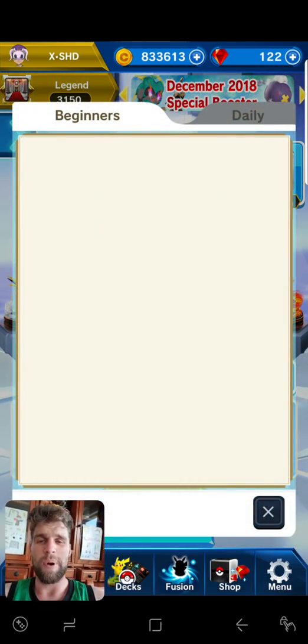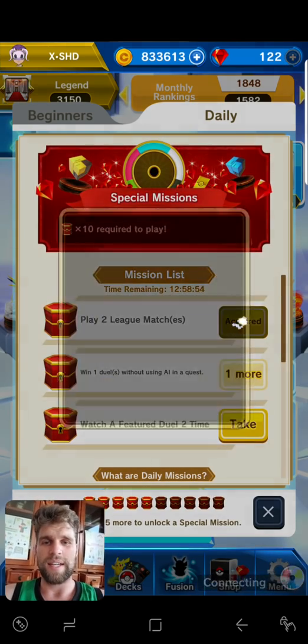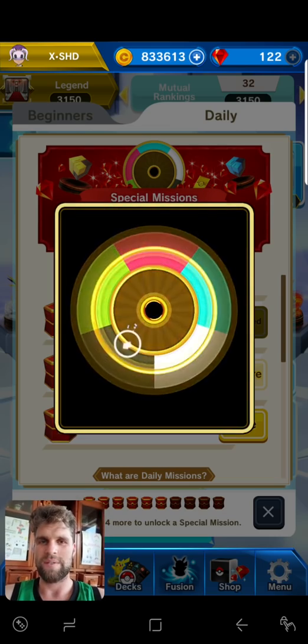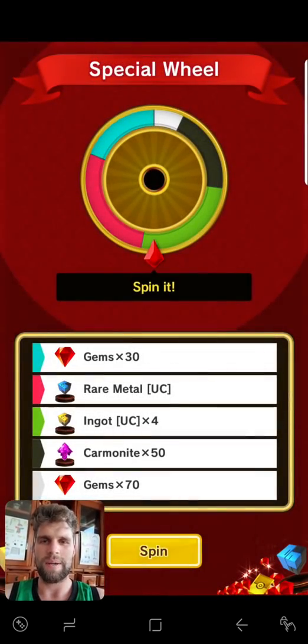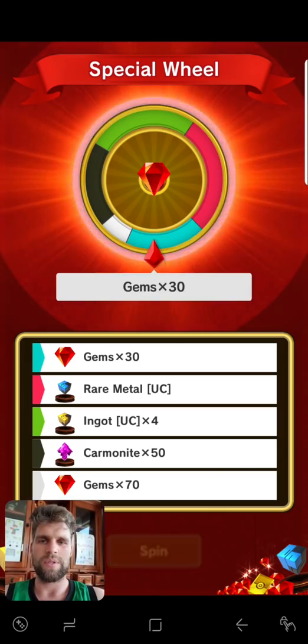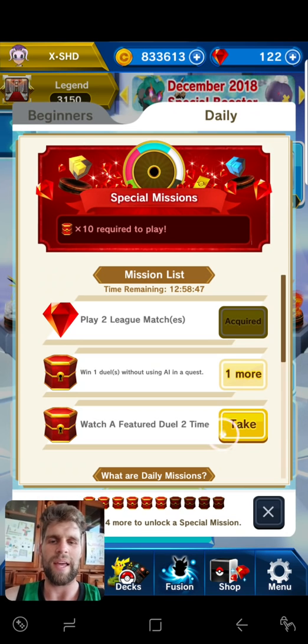So let's pop open this booster. Let's get it. And oh, gems. Wheel. Okay. Carmelite or gems, please. Is the gem sale still... Ooh, the gem sale. I mean the plate sale. Is the plate sale...